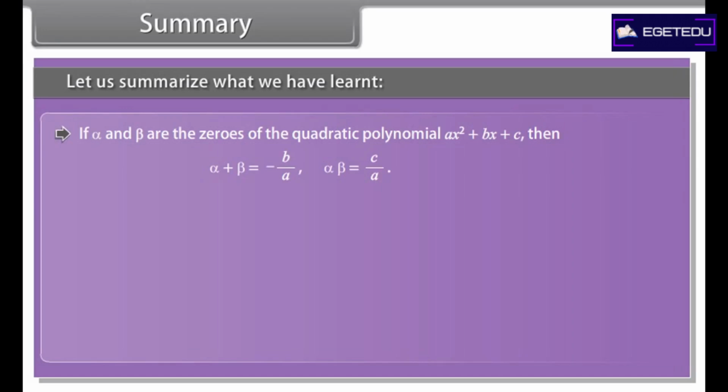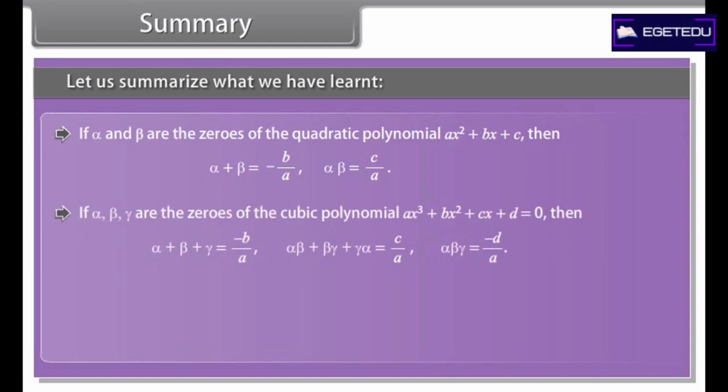Summary. Let us summarize what we have learned. Polynomials of degrees 1, 2, and 3 are called linear, quadratic, and cubic polynomials respectively. A quadratic polynomial in x with real coefficients is one of the form ax square plus bx plus c, where a, b, and c are real numbers with a not equal to 0. The zeros of a polynomial p(x) are precisely the